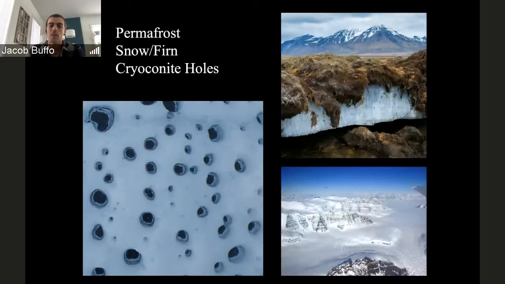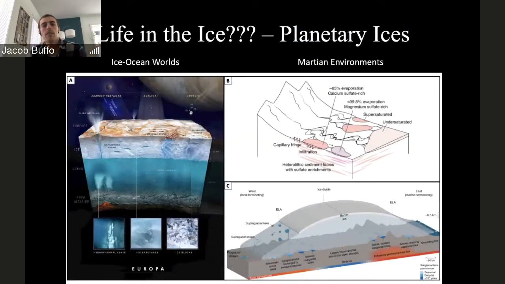And then they'll freeze during the winter and then remelt in the summer, and it's kind of these really interesting cycles, and people have done some really cool microbiology work on those systems. So then to move to the planetary system, going from what we know about life on Earth in these systems to potential systems in the solar system that might be good for life are things like